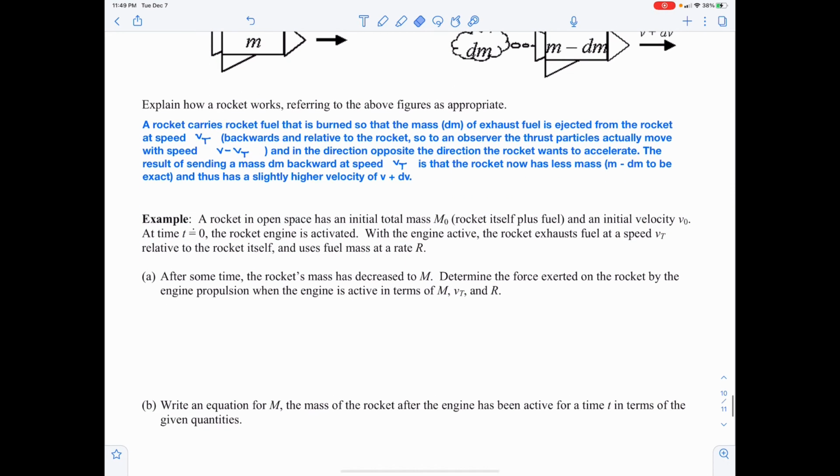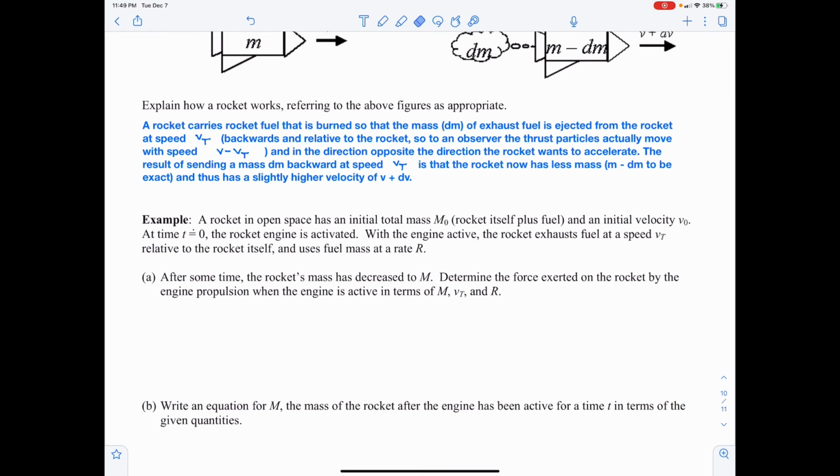So in this final example, we have a rocket in open space with an initial mass of m naught, the rocket plus the fuel, and an initial velocity v naught. At time equals 0, the rocket engine is activated. The engine exhausts fuel at speed vt relative to the rocket itself, and uses fuel mass at rate r. Part A: at some time the rocket's mass has decreased to m. Determine the force on the rocket by the engine propulsion when the engine is active,